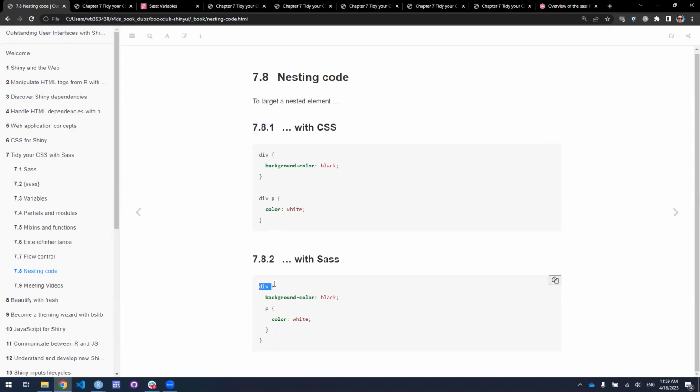So you can write your div right here, and then you can write the property of the div, and then you say the paragraph tag that sits within the div has this. So if you're just reading this, you can see how this entity is going to be styled. It might be a convenient way of doing things. And Sass will